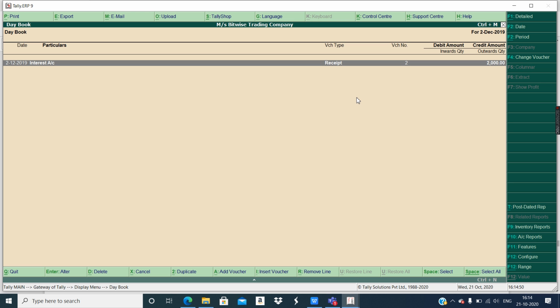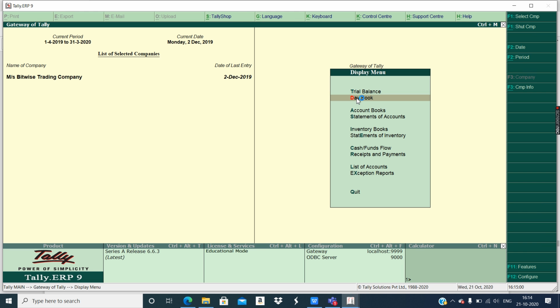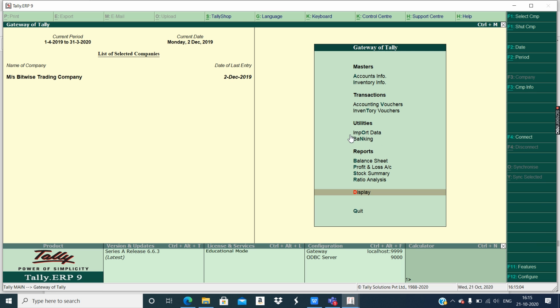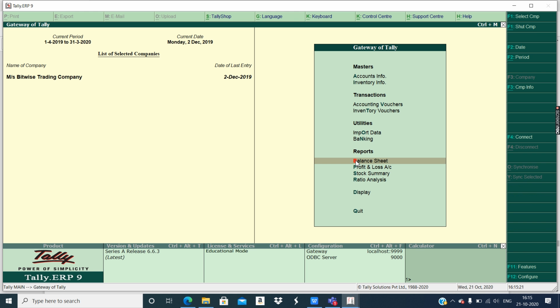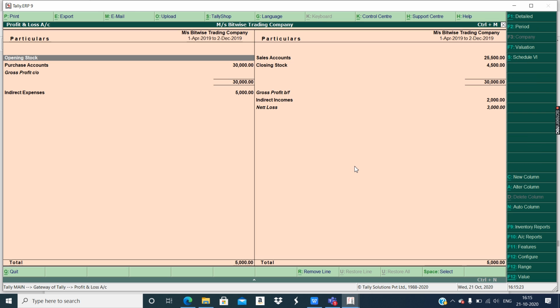Okay, so this is the day book. It shows our receipt vouchers, two receipt vouchers it shows. All right, escape. You can open and see those vouchers also. Okay, then these reports, balance sheet and profit and loss account are here itself in front under report section. This is the balance sheet. Okay, and opening, okay, so we have a difference, and then profit and loss account.